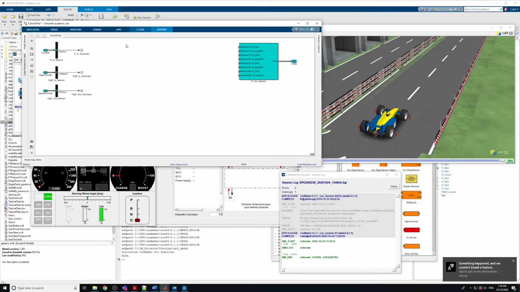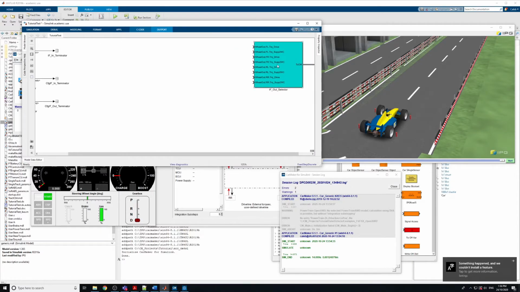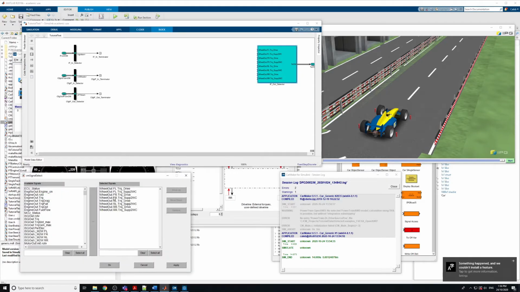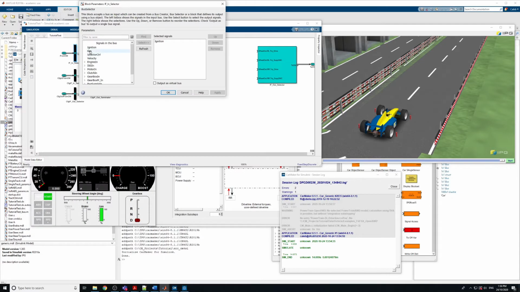So maybe we'll just do a very basic model that will allow our car to drive. We don't need to set all these wheel torques. We could actually just make it rear wheel drive, might make it a bit clearer. Apply, and so now we're just setting the torques to the rear wheels. And so what we'll do is we'll select gas,